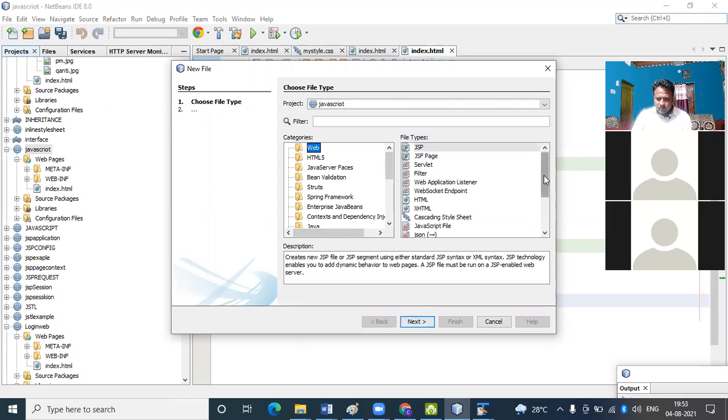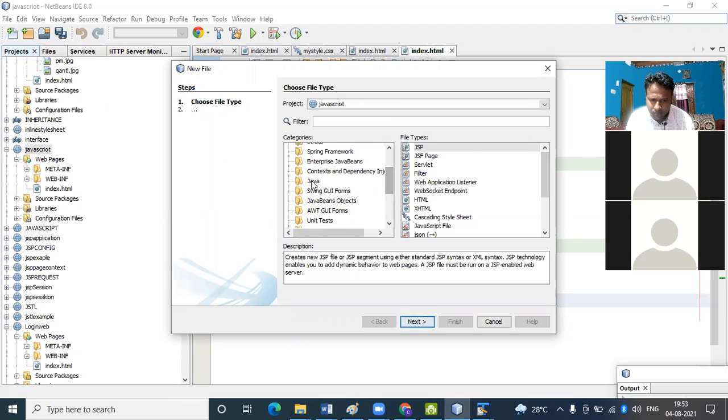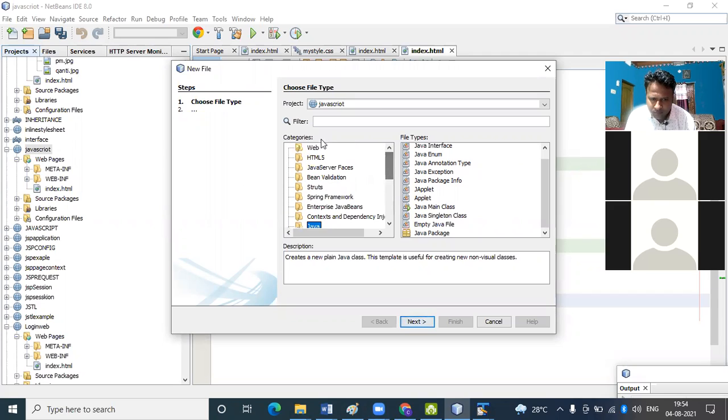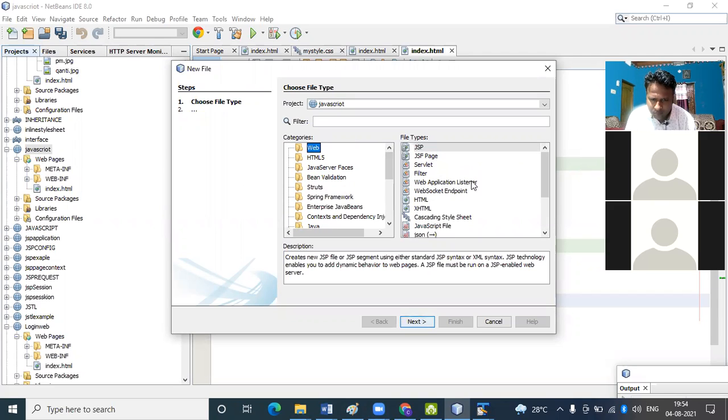Java class, interface, exception, applet, main class, JavaScript file.